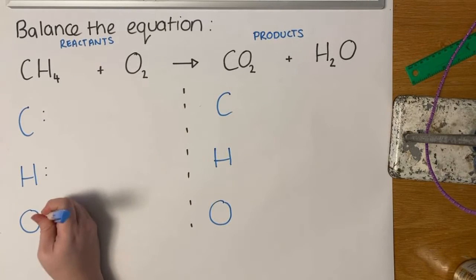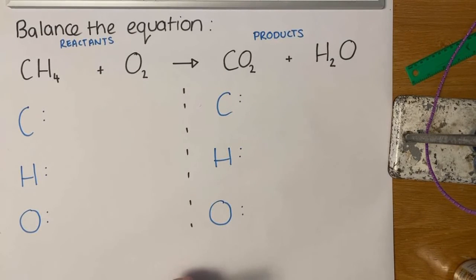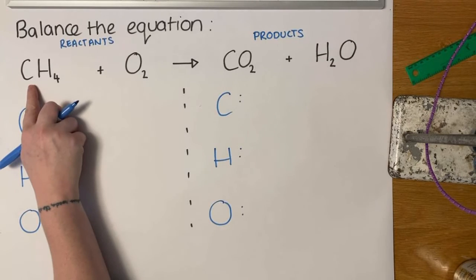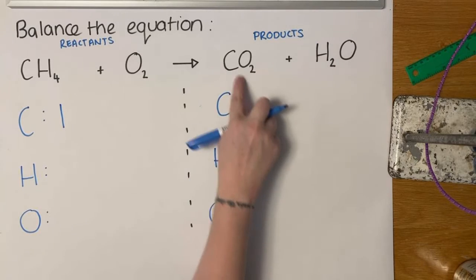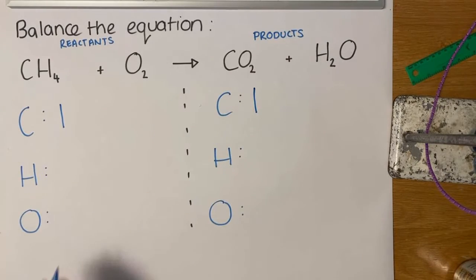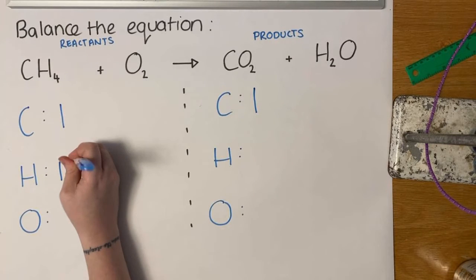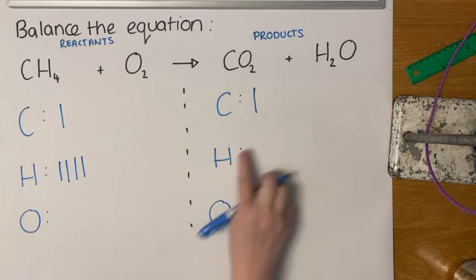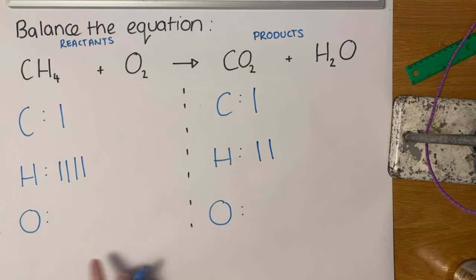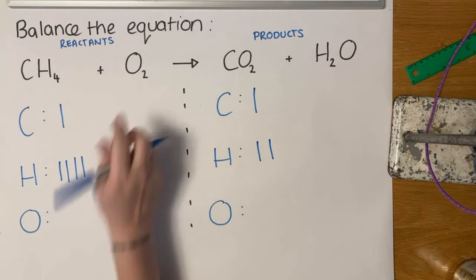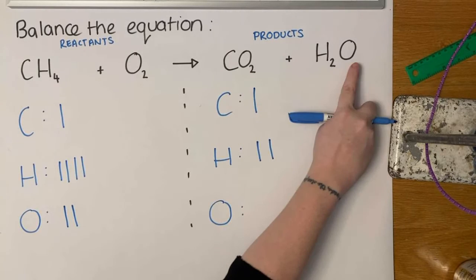So the first thing I'm going to do is write down as a tally how many of each atom are in each place. In my reactants, I've just got one carbon at the moment, and in my products, I've also just got one carbon. In my reactants, I've got 4 lots of hydrogen. Over in my products, I've only got 2 lots of hydrogen. In my reactants, I've got 2 lots of oxygen. And in my products, I've got 1, 2, 3